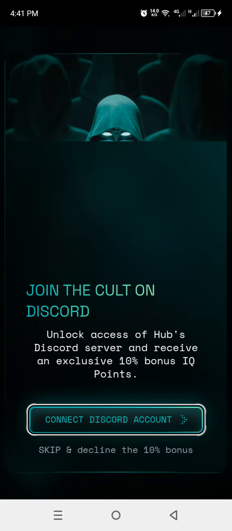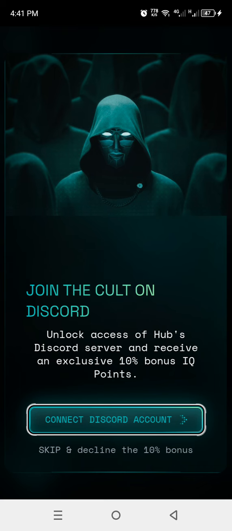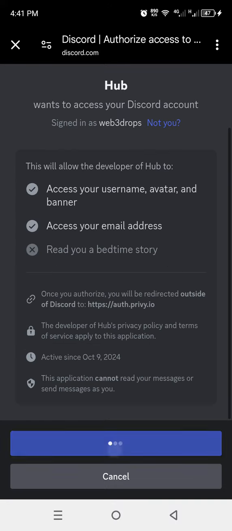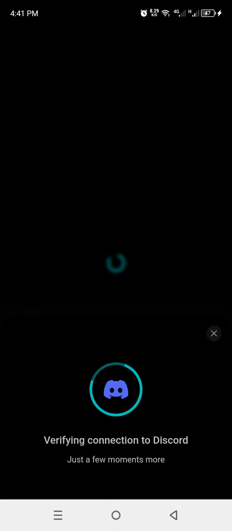Right, so you'll be told to connect your Discord. Remember, I said you need your X account, you need your Discord account for registration. So in case you don't have any of those handles, make sure you have them. You can use them to fetch money for yourself, all right, through this project. So you just go ahead and authorize. All right, you authorize, and